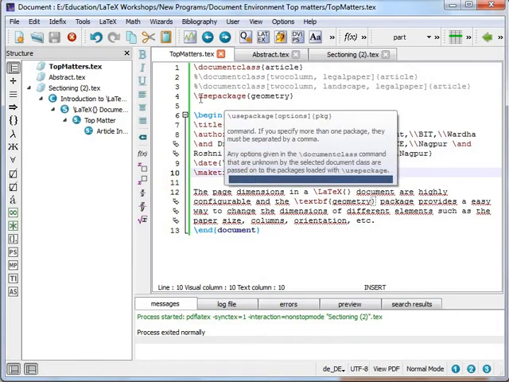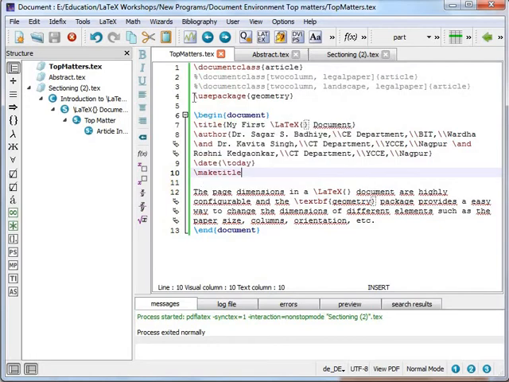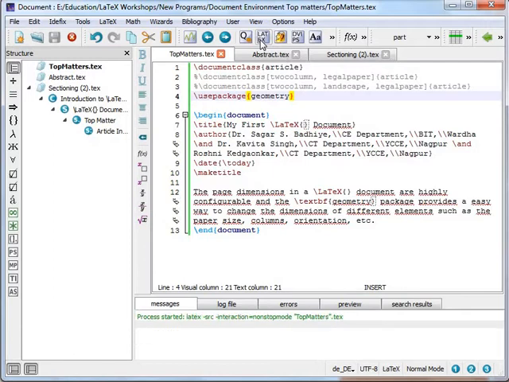When I write this, I have additionally used a package called geometry. We will discuss this once we execute this, and in the next execution we will discuss this geometry package. So for execution, I will click on this LaTeX button provided over here. It will compile. When I compile it, it will give a message over here, that is process exited normally. That means the execution is successful.